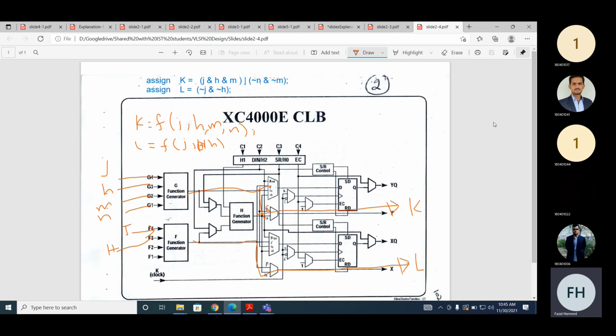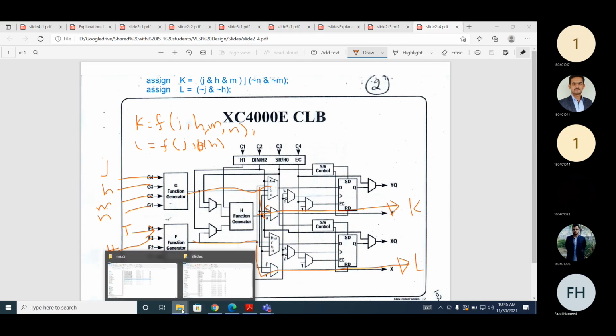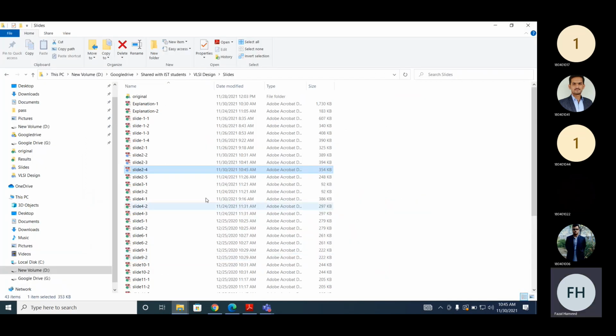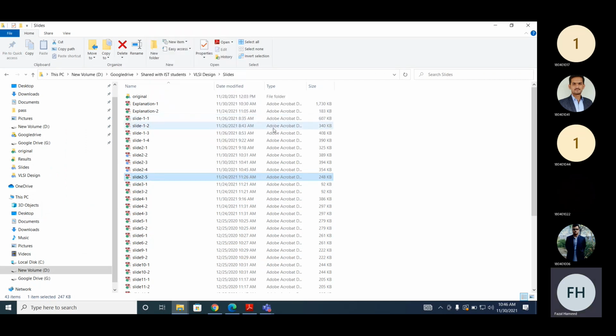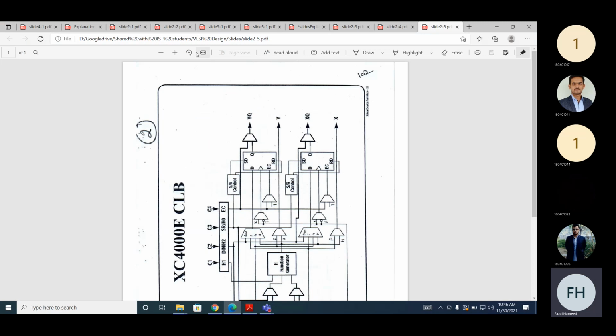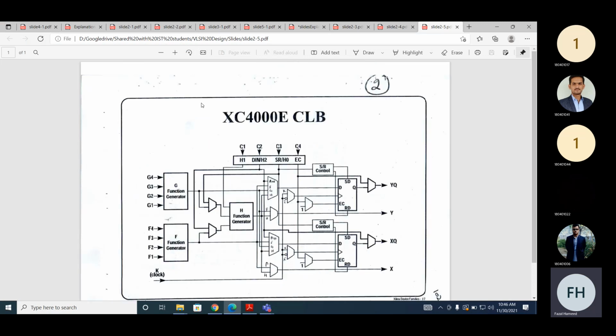Okay, now let's assume we want to implement some sequential function.